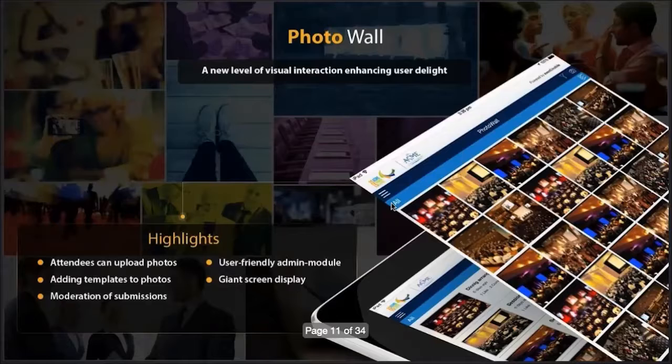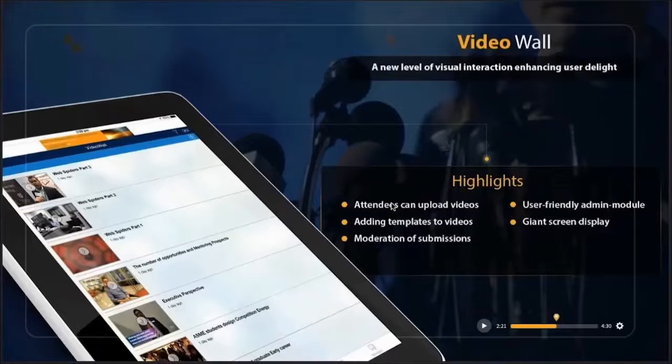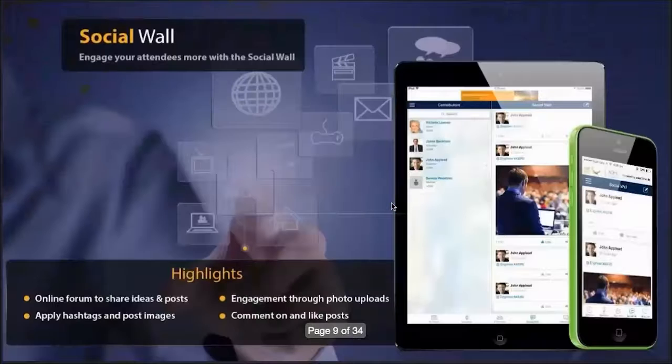Similarly, you can even have a video wall. Share your session videos. Interview people. Get their feedback from the event. Put it on the video wall. See what people are saying about your event. Have other people see what's going on at the event. Have people who are not even at the event feel that they're a part of the event by looking at the videos. And another thing that comes with the social wall is